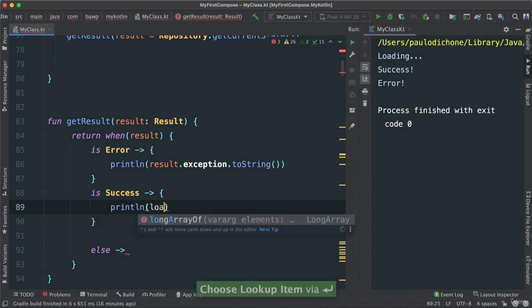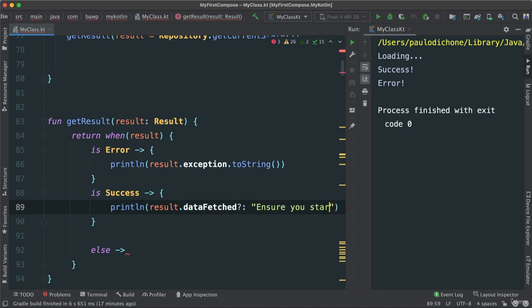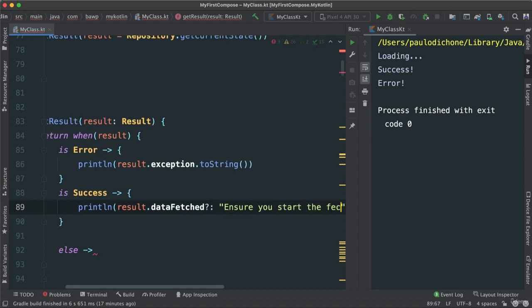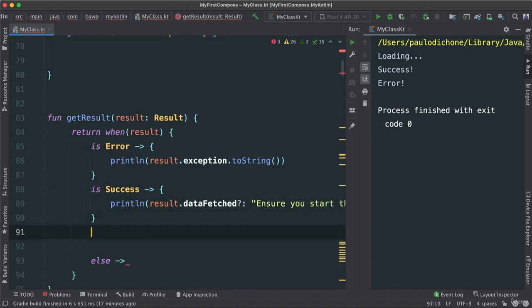I'm going to say result, look at this, dot data fetched. I'm invoking those properties, all right, emitted values. And then I'm going to make sure that if something happens, we can pass this message that says, ensure you start the fetch function first, something like this. And then is loading. If that's the case,